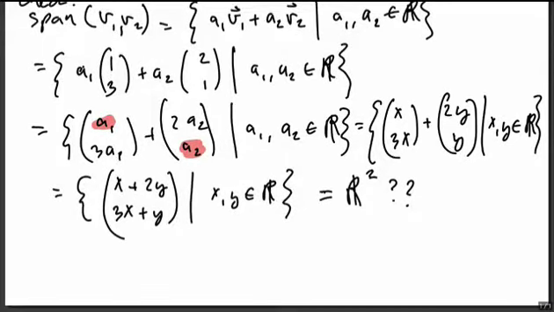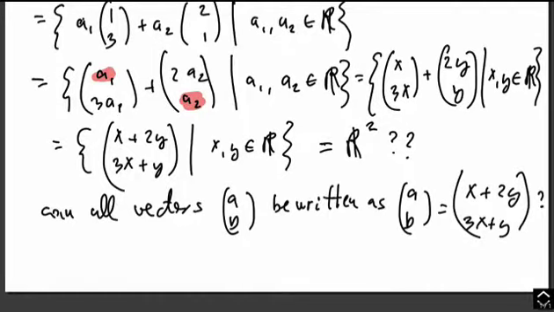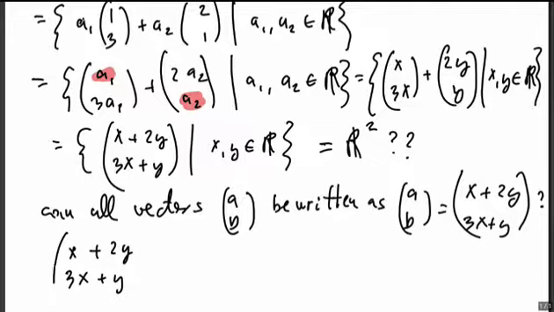Another way to ask this question: can all vectors (A, B) be written as (A, B) equals (X plus 2Y, 3X plus Y)? If I rearrange this equation, writing (X plus 2Y, 3X plus Y) equals (A, B),